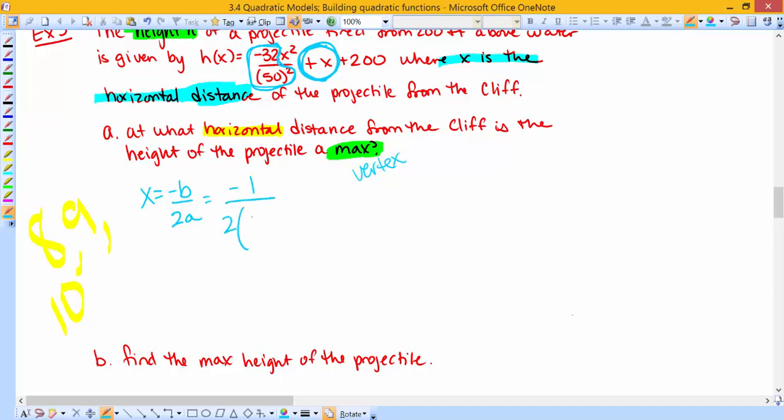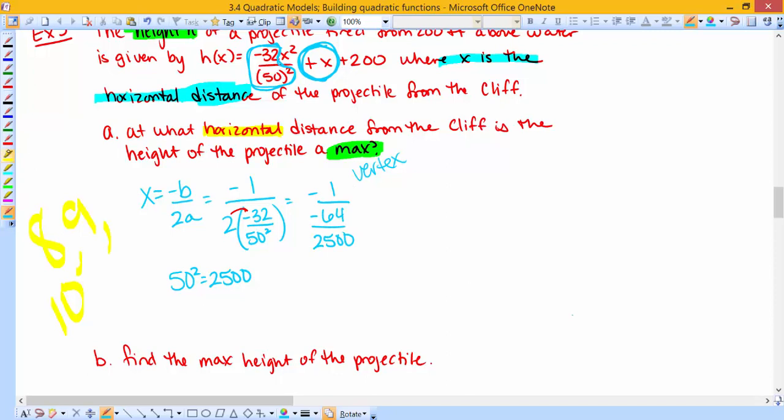But it's 2 times a. A is negative 32 over 50 squared. Well, I want to simplify negative 32 over 50 squared. 50 squared is 2,500. So this is negative 1 over, and then if I multiply these two, I get negative 64 over